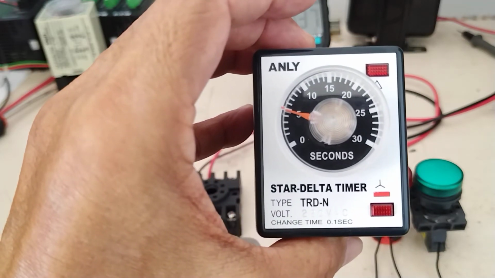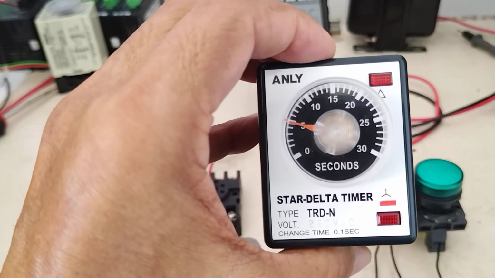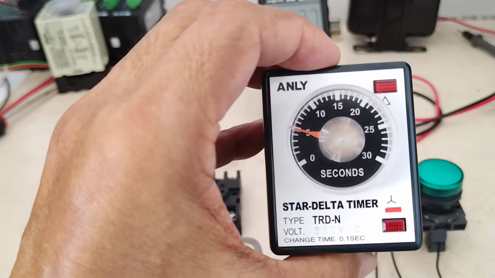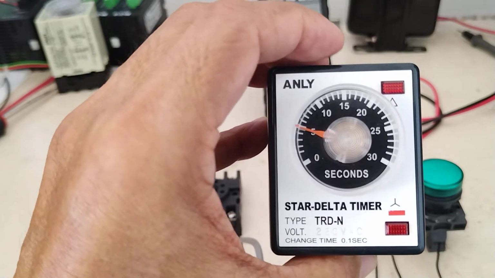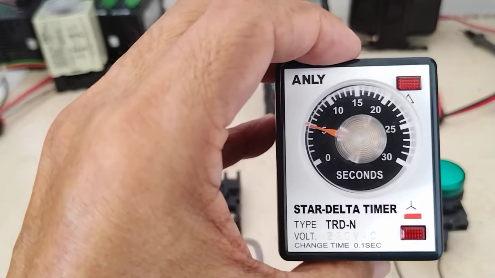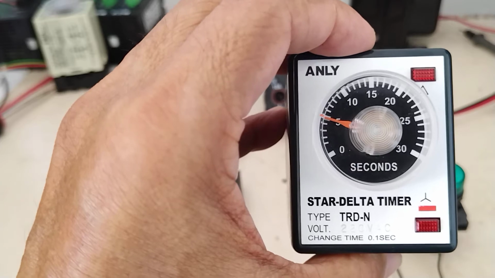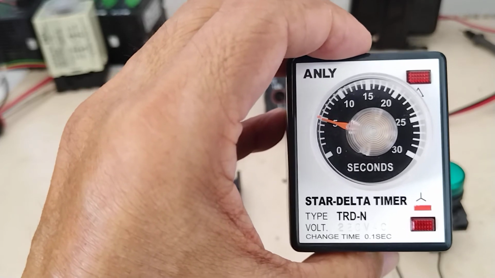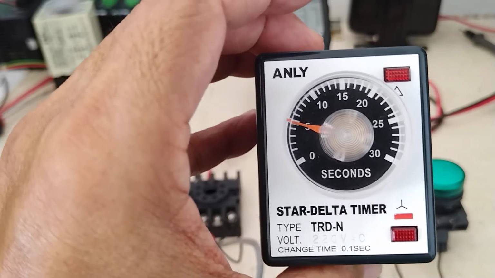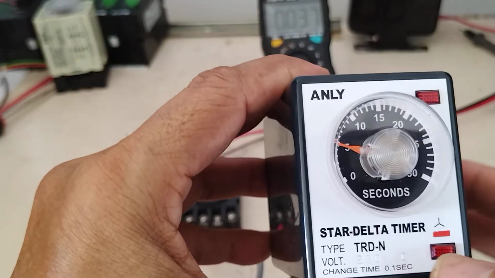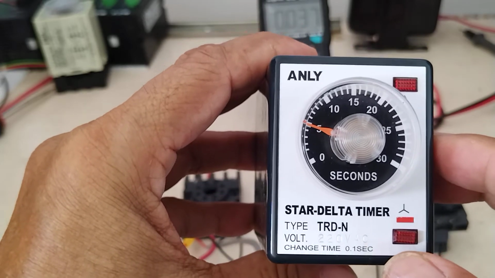Now actually we are using star delta starter for big motors, let's say from 8 kilowatt and above. Because this kind of motors we cannot run direct online, we need a soft starting so that we will not create a very high inrush current that might trip our circuit breaker or our overload protection for the motor control. So today I'm just going to discuss this timer, which I intend to use for my Y delta tutorial using PLC ladder program.